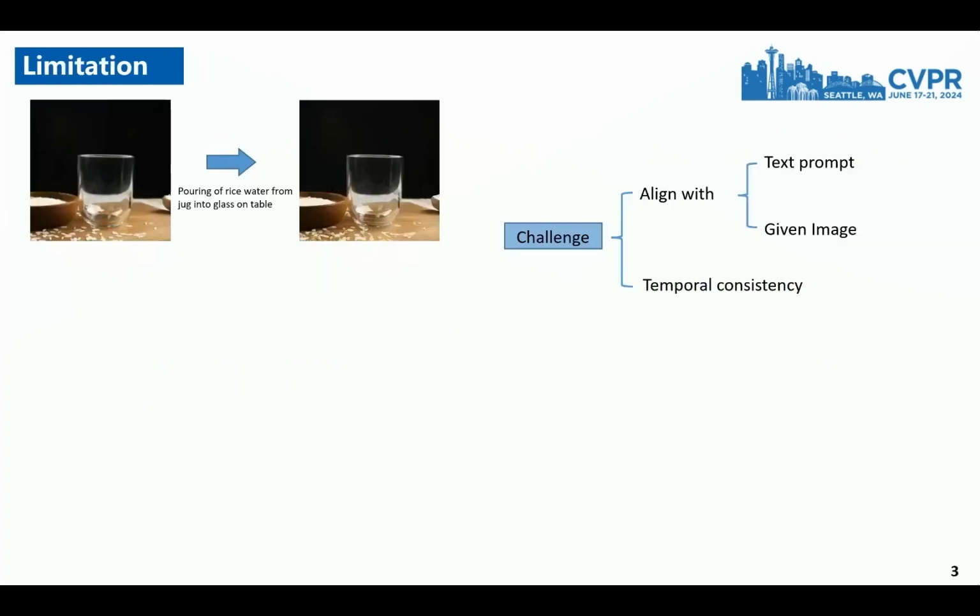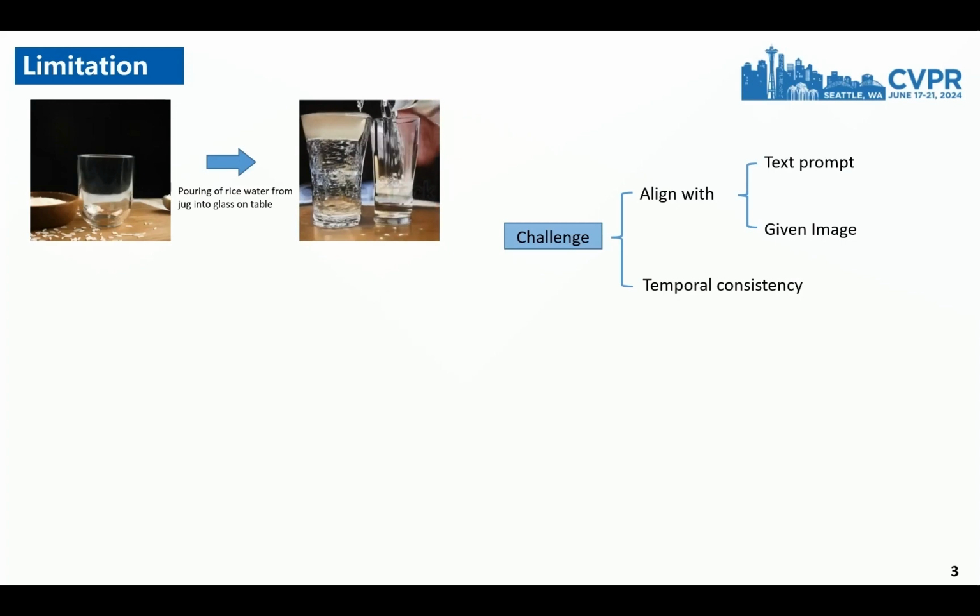Now, there are several challenges for text-driven image-to-video models, which require the generated video to not only align with the text prompt and the image, but also maintain temporal consistency. This is the result of a typical image-to-video model. It can be seen that the generated video matches the given first frame and text prompt, but the video has